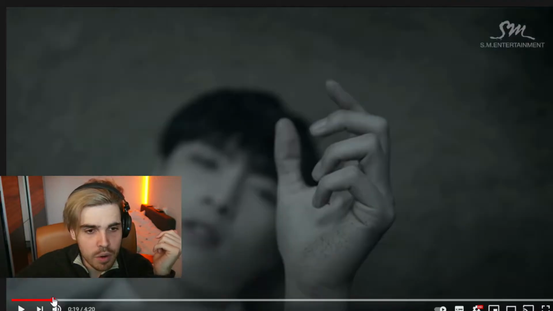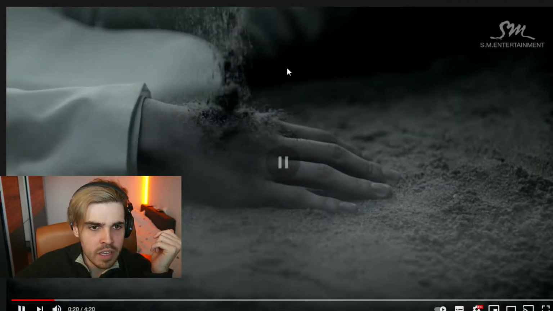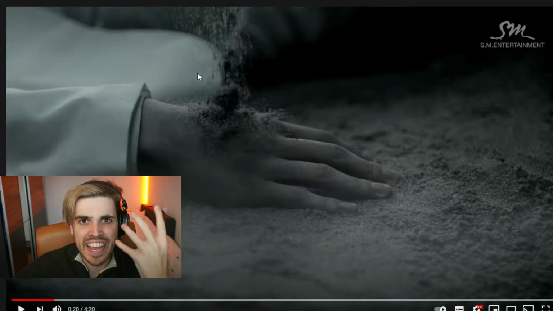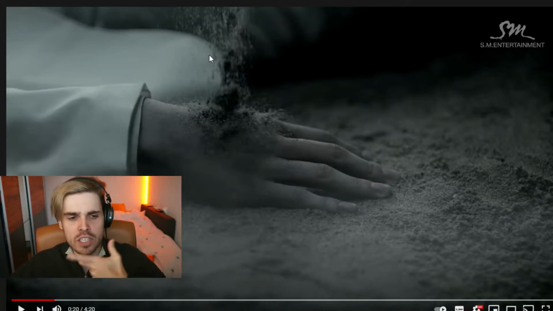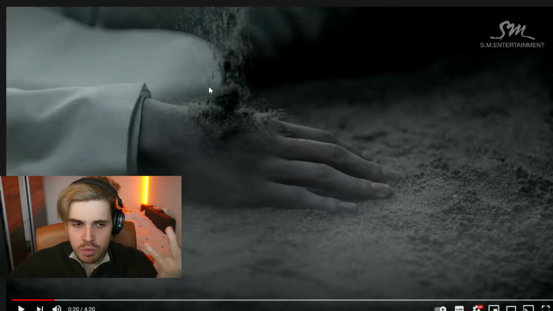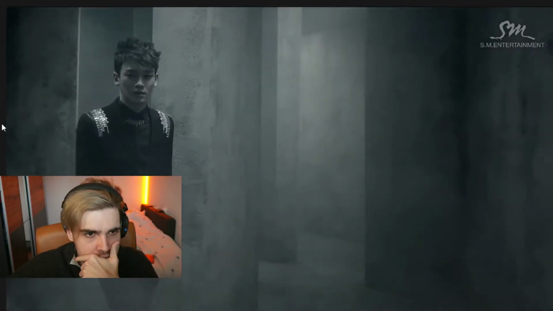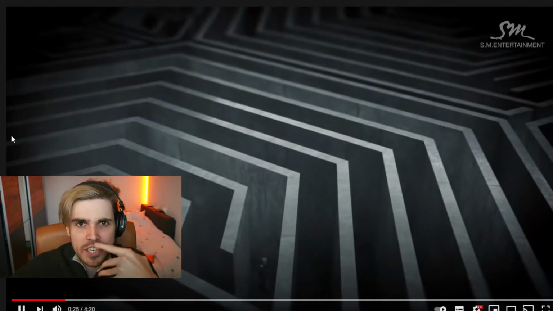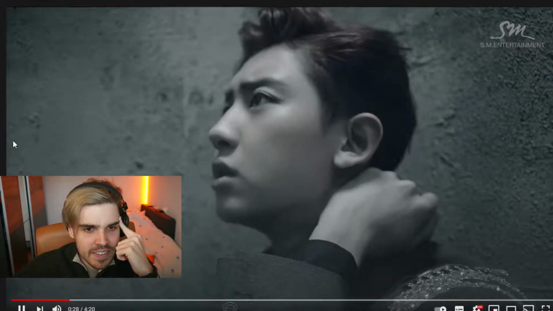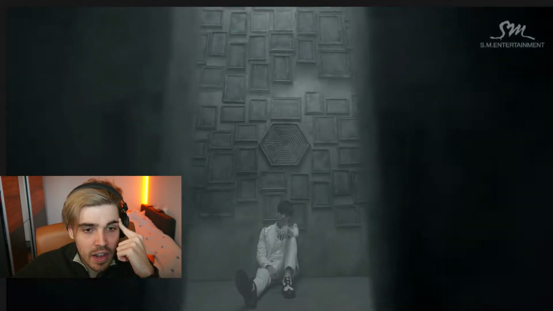Nice little effect there with reversing the video. I think this is a very simple effect, but it can add so much dimension to your video, because you question like, why is the sand going up? Is it gravity? Is it just an effect? It depends who you are and how you're looking at it. I think it's cool. Are they in space? Where are they currently? So many questions, you know, by a simple effect. A lot of build-up though.